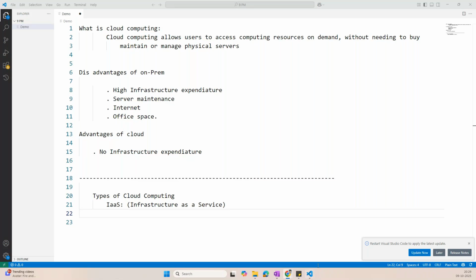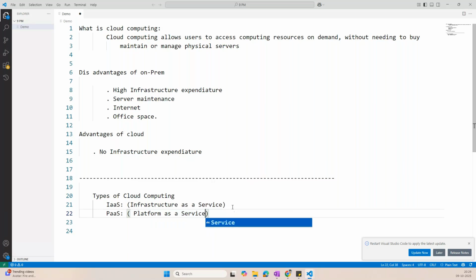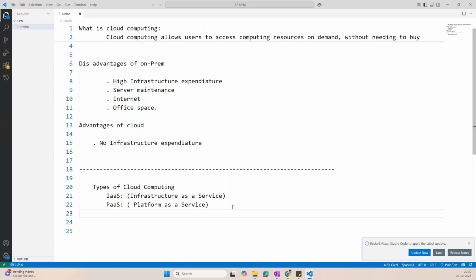Okay. So the next type of cloud is PaaS, that is platform as a service. Now what does this platform as a service do? Platform as a service is nothing but, let's continue the same example. I have a company, Microsoft started cloud. I will go to Microsoft. This time what I will say is, Microsoft, I want to start a company, but I have only developers who can develop the code. I don't have DevOps or IT people who can maintain my